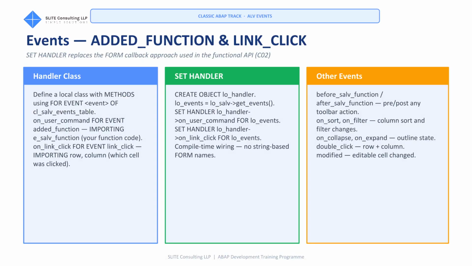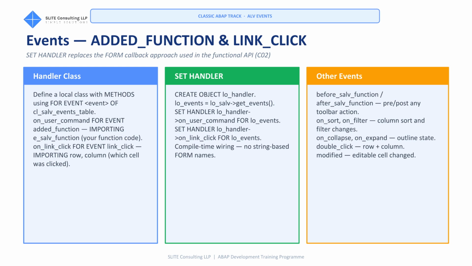Event handling in the OO API is done through a local event handler class. The pattern is: define a local class with methods that handle specific events, then use set_handler to wire those methods to the event object returned by get_events. The added_function event fires when the user clicks a toolbar button, either a standard SAP button or a custom button you added. The event parameter e_salv_function contains the function code. Use a case statement on this parameter, exactly as in the Module 02 user_command callback, but now it is a proper